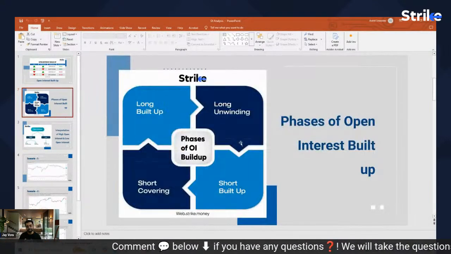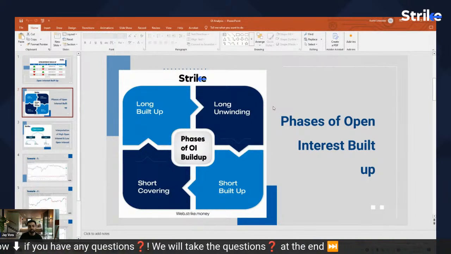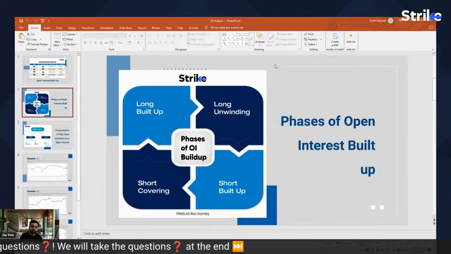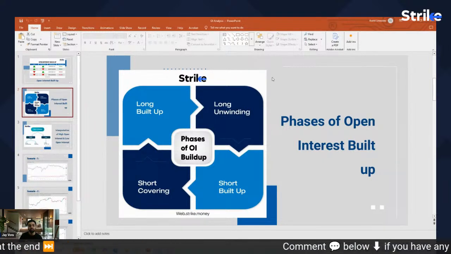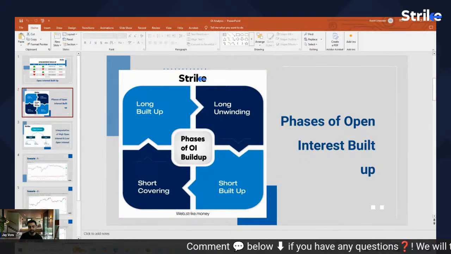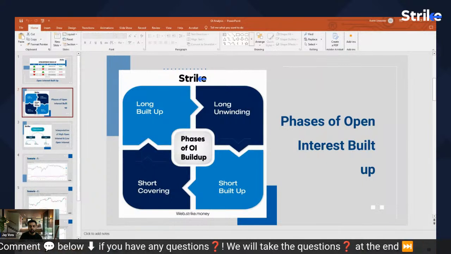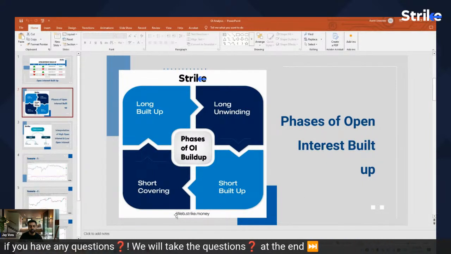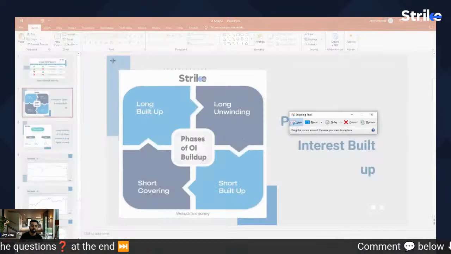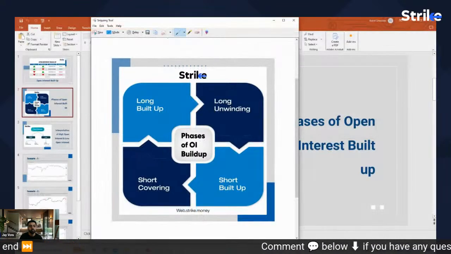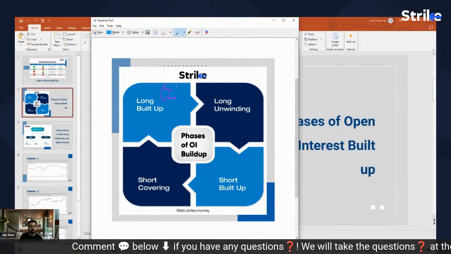Now the second thing is that in open interest, this is my observation, and I have learned it from one of the guys who was into institutional derivatives. He had suggested to me that if you follow the pattern of open interest, you will always see it in stages. If I take a screenshot of this, what you will see is that this is stage 1.